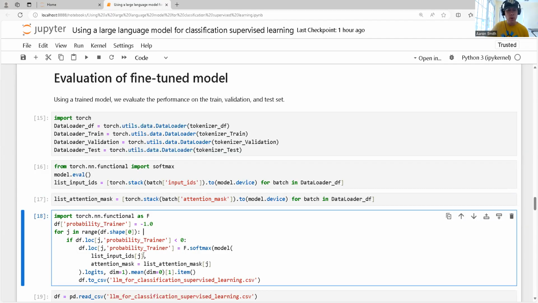And so now, unfortunately, my kernel kept on dying every time I tried to use list comprehension on this step. And so this is not the way I typically would go, but it's all right. Another issue I had was that when I established this probability of the fine-tuned model,